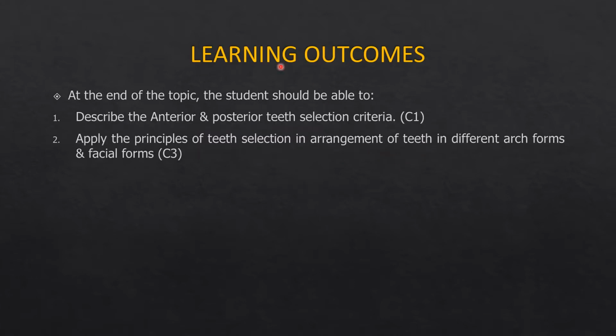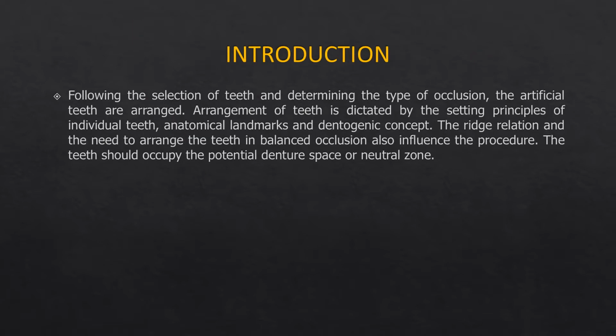These were the learning outcomes for this presentation for you guys. And moving on to the introduction. Following the selection of the artificial teeth and determining the type of occlusion, the artificial teeth are arranged. Now, the arrangement of teeth is dictated by setting principles of individual teeth, anatomical landmarks, dentogenic concept, etc. The ridge relationship, arch form, and the need to arrange teeth in balanced occlusion also influence the arrangement of the